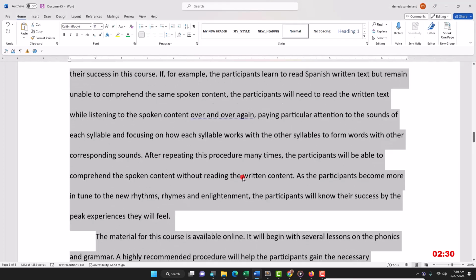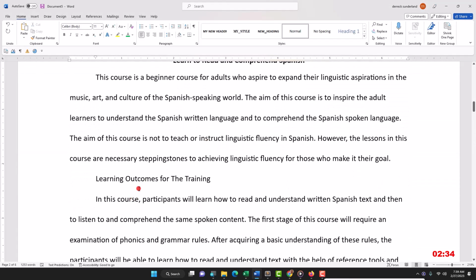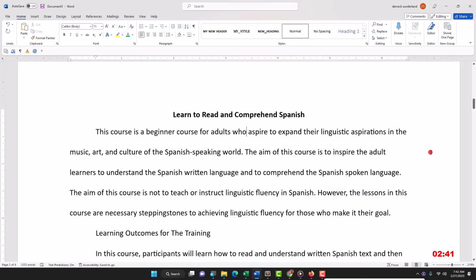Now I want to give all these a first line indent margin. Okay, so now let's format the headings. Now this is the first level heading, and it is the title, so it needs to be centered and bold. This is a second level heading, learning outcomes for the training. So first of all, I'm going to